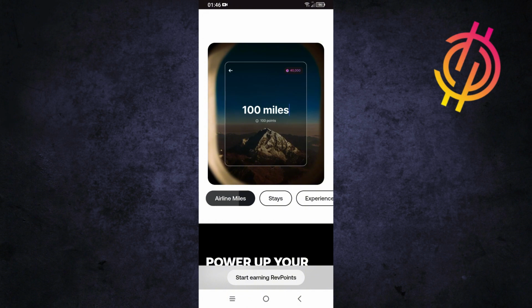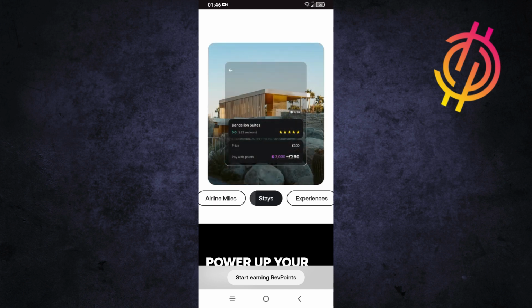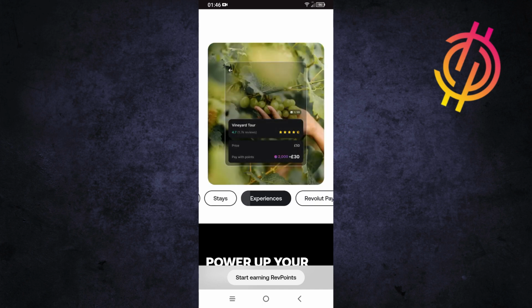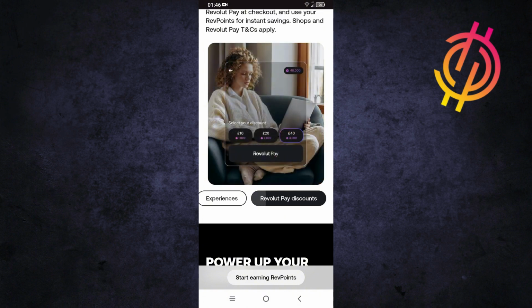Now choose a reward. Tap on the reward that you like, check how many points are needed, then tap on redeem, and after that confirm and enjoy. So once you confirm, your points will be deducted and you will get the rewards instantly or by email depending on the offers. So a tip: rewards change often, so check back regularly to make the